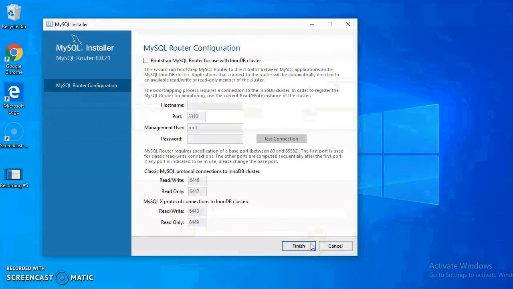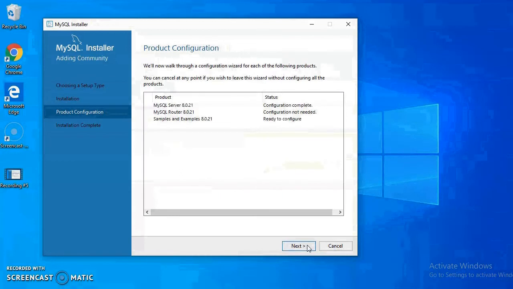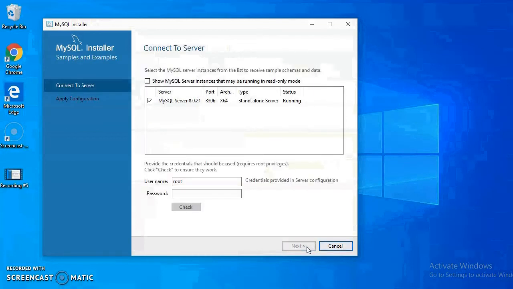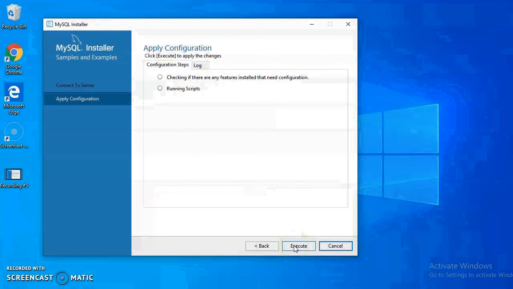Now we'll go to the router configuration by clicking next. Just click finish, next. Then you have to connect to the server. You have to provide the password for the root for checking the credentials. It is checked. Click next. Apply all the configuration. Click on execute. Again, it will take some time.